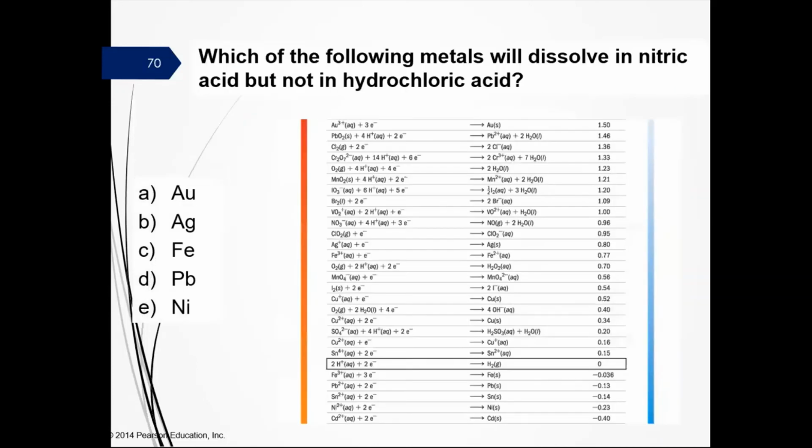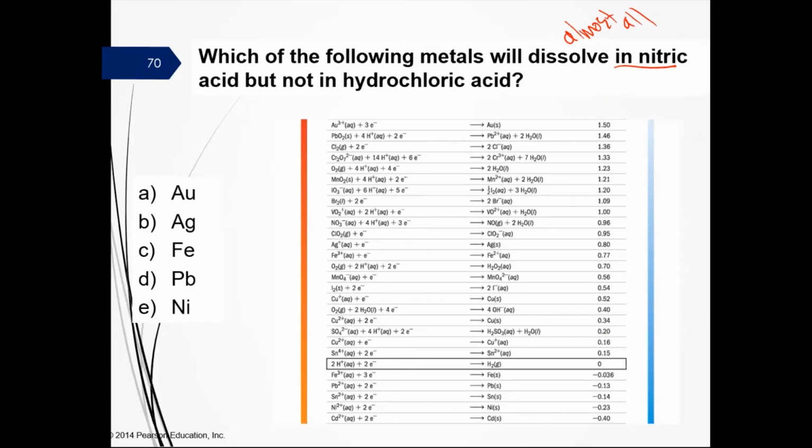You can also look at which one of these is going to dissolve inside of nitric acid, but not in hydrochloric. So what that means is you want something that's not going to dissolve based on that H+ rule, because it's going to dissolve in nitric. So almost everything dissolves in nitric. And so we just need something that's above that of our H+, right? So we see gold,